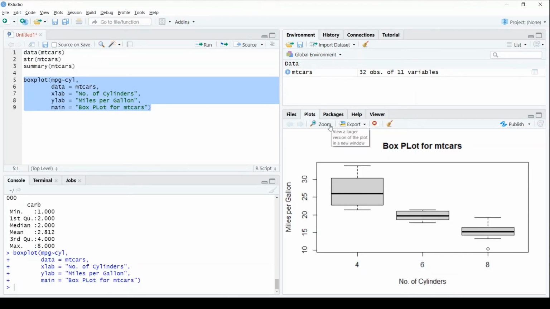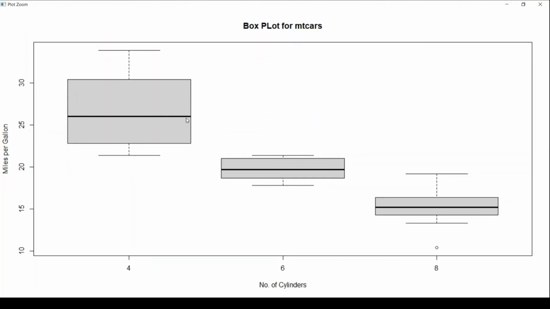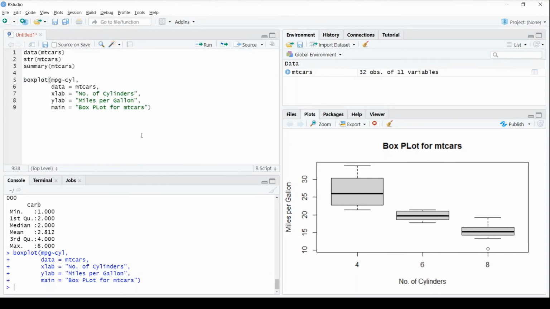Now we have the x-axis, y-axis, and a box plot, right? This bold line represents your interquartile range, that is IQR. This will be your first quartile, this will be your third quartile, and beyond this you can see your horizontal lines. Beyond these, if any point exists, those are called outliers, right? These are some of the basic instructions regarding box plot. If you are aware of these parameters, you can easily use this inbuilt data set for mtcars and start visualizing box plots. I'll add some more parameters to it.